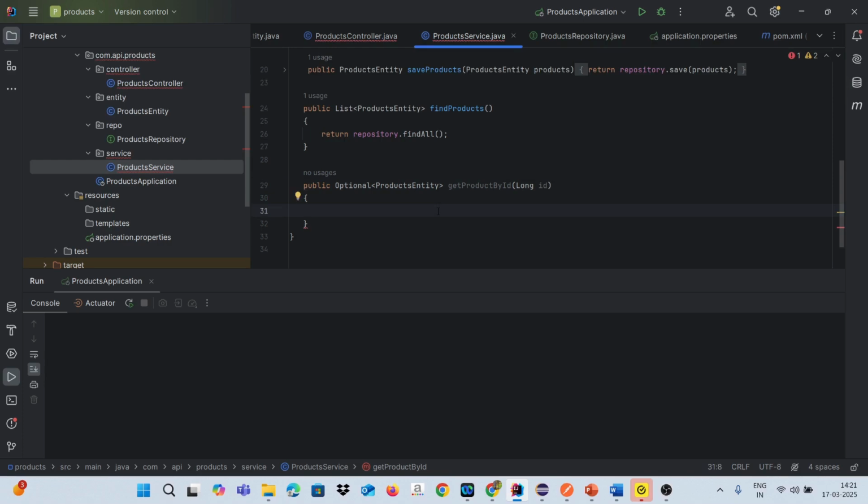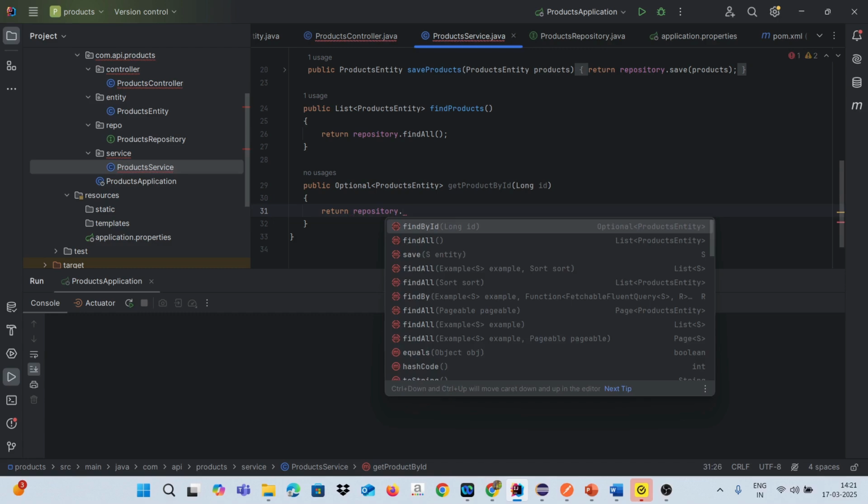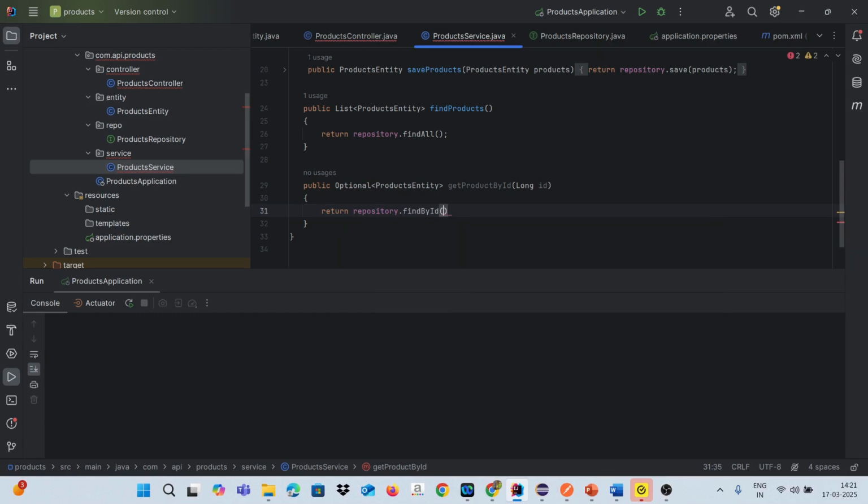Now what I have to return is from the repository interface. There is an inbuilt method called find by ID, and it will accept the ID and give me back the optional as an object, to see the details of the ID I'm getting back. So this is the inbuilt method, and I'm just calling it to get back my details